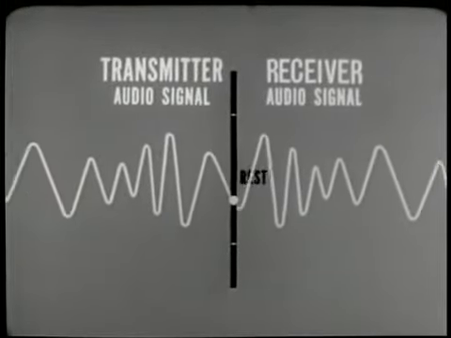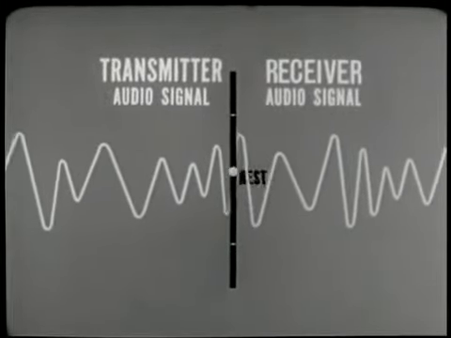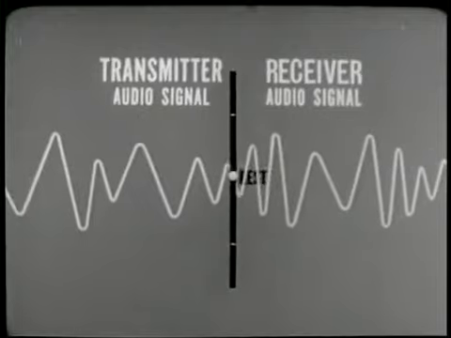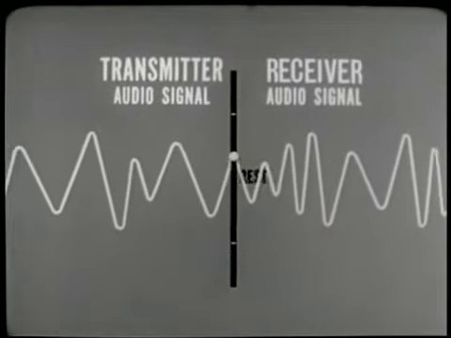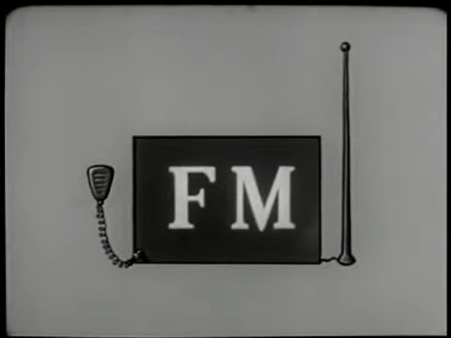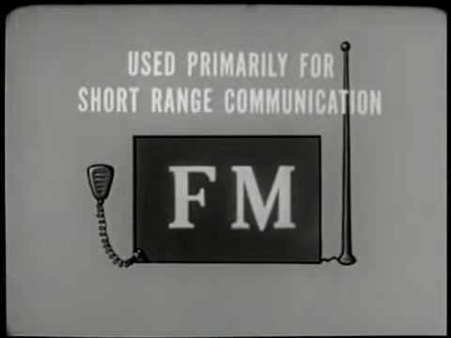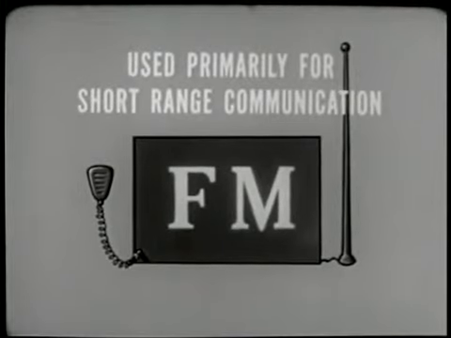The FM principle of radio communication demonstrated here is a practical, useful technique. It has made FM radio equipment an important part of the Army's overall communication picture. Due to the frequency at which it is normally operated, FM transmission is primarily utilized for short-range, line-of-sight communications. This is just one reason that FM should not be thought of as a miraculous device that will obsolete all other types of communications equipment.